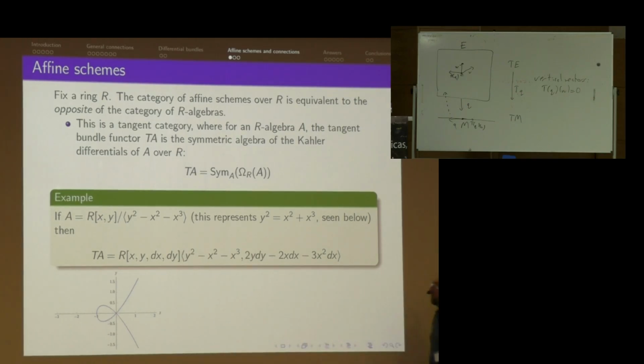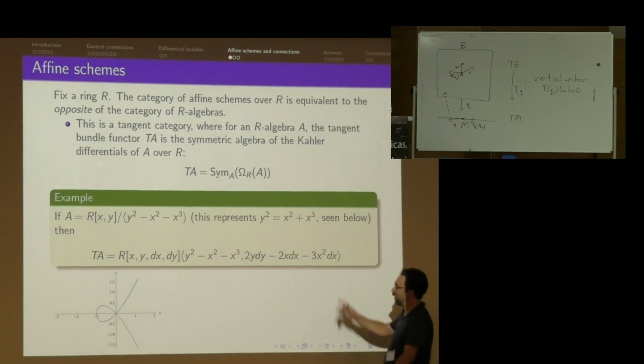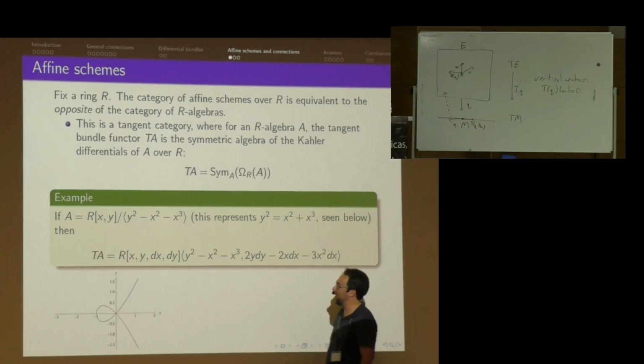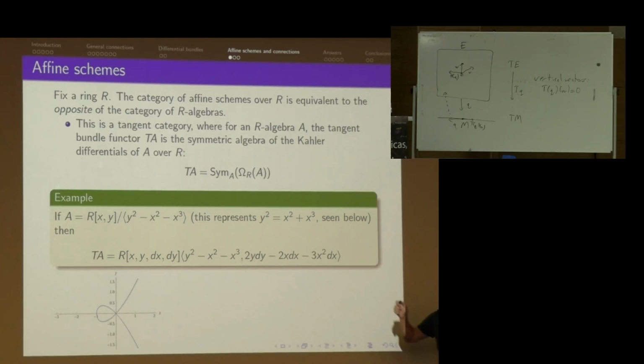So to calculate the tangent bundle, we use first year calculus, right? Just present them with some polynomial equations and differentiate those. Take those as generators for an ideal, quotient out by that, and that's what the tangent bundle is supposed to be. Now, in what sense is this actually a tangent bundle?